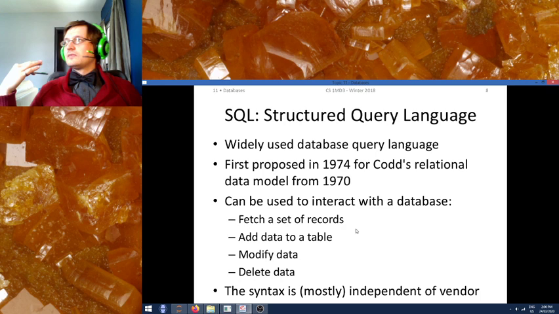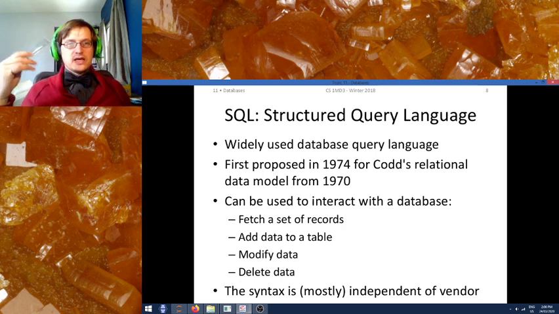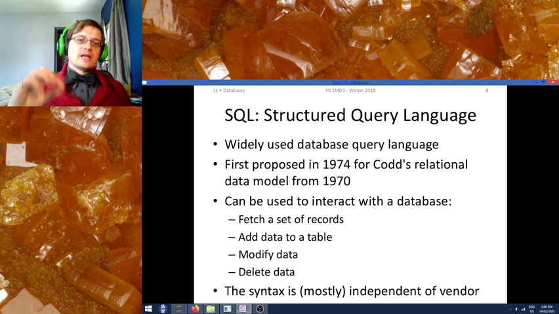So, let's introduce SQL, or Structured Query Language. Some people call it S-Q-L. Some people call it Squirrel. Personally, I prefer to call it S-Q-L. I think that sounds better. But anyway,